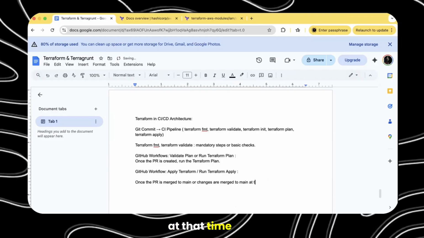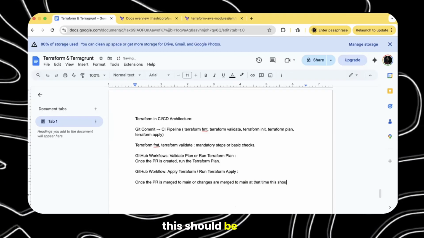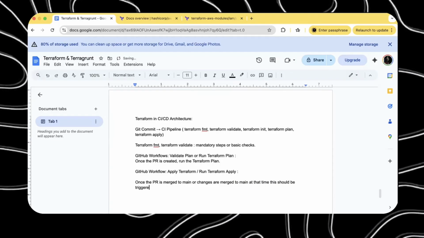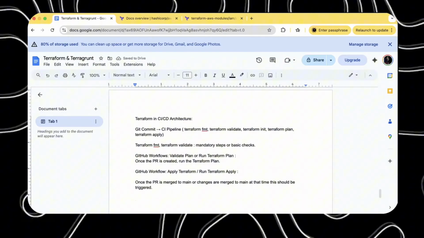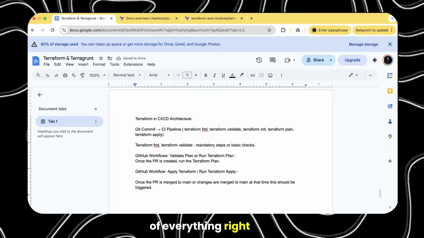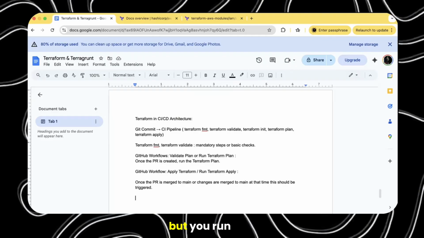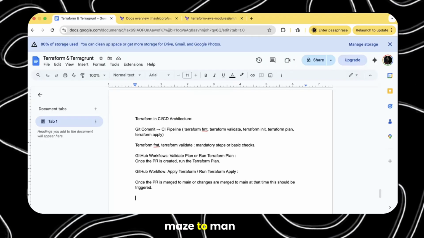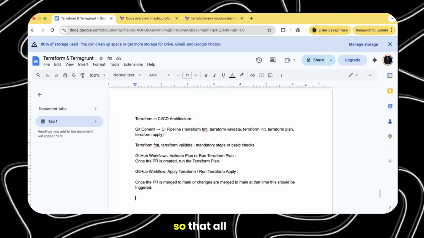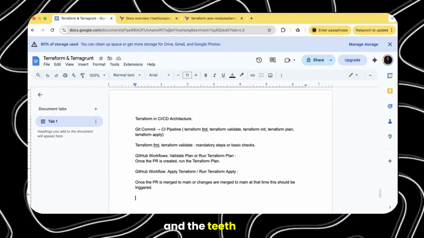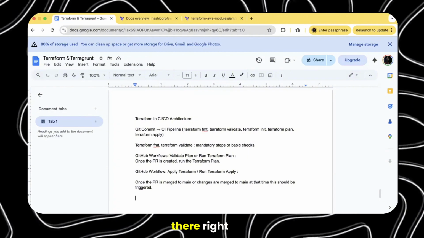At that time, this should be triggered. Getting it? There's a flow to everything. Terraform apply will run once things are merged to main, so that all the changes of main will be there.